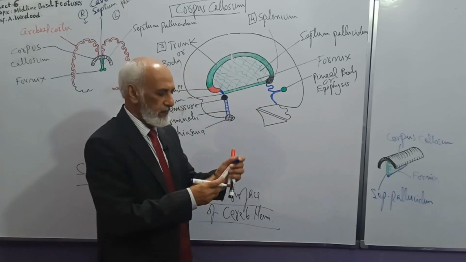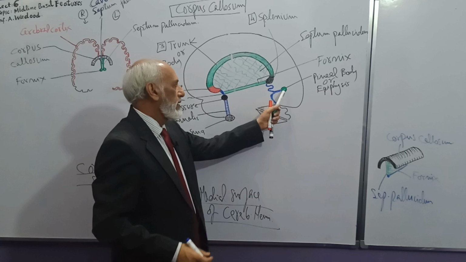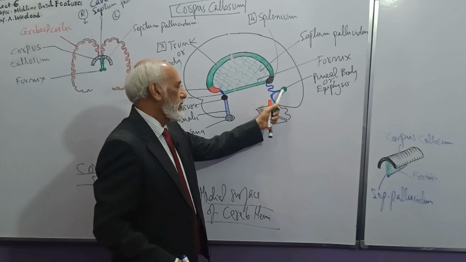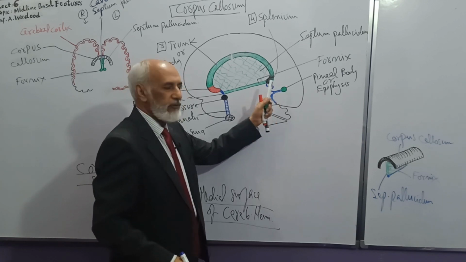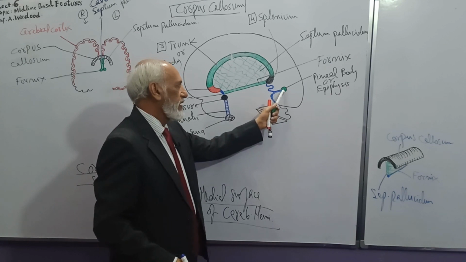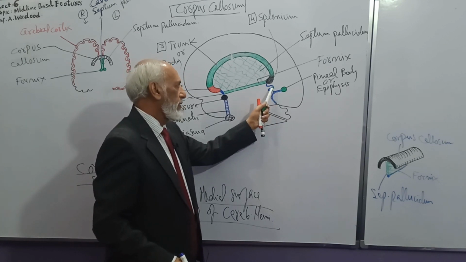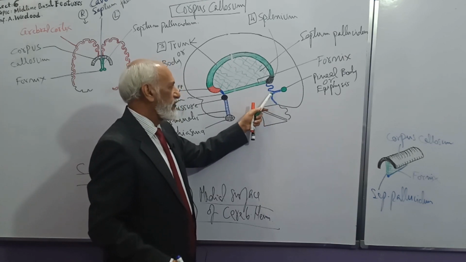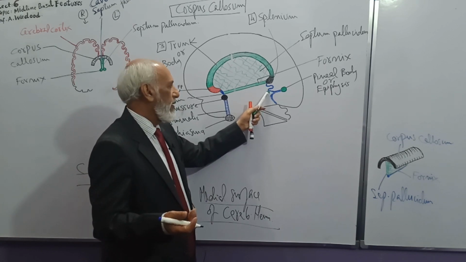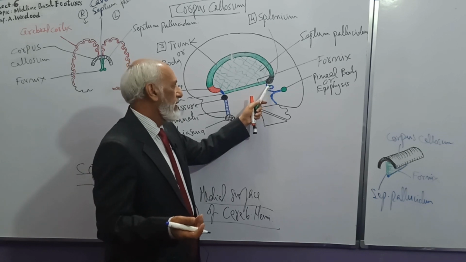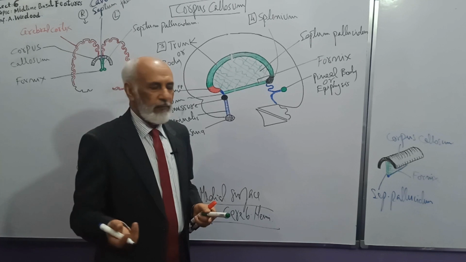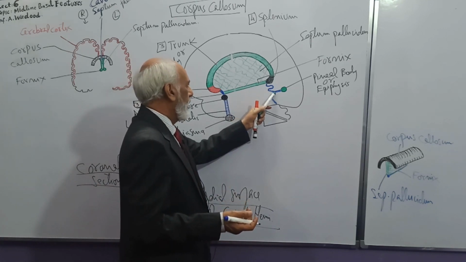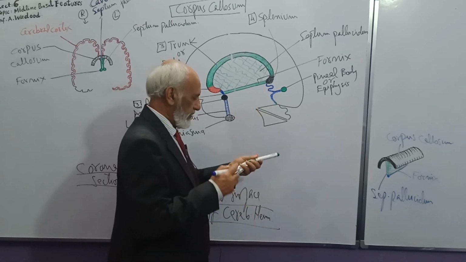Again, I will repeat. Posteriorly, a neuroendocrine gland is attached, known as the pineal body. It is attached to the posterior aspect of the brain by a stalk. So this is the stalk of the pineal body. When this stalk runs forward, it splits into two laminae. The upper lamina we will trace. It runs upwards and forwards, then backwards, and again forwards and upwards and is attached to the base of the brain. Then below it extends forwards and then downwards and backwards, two laminae.